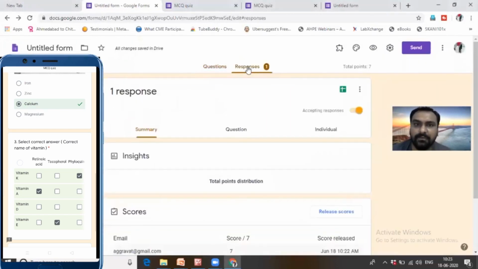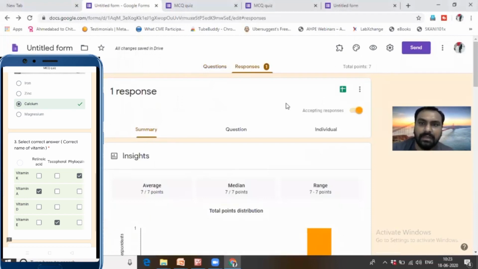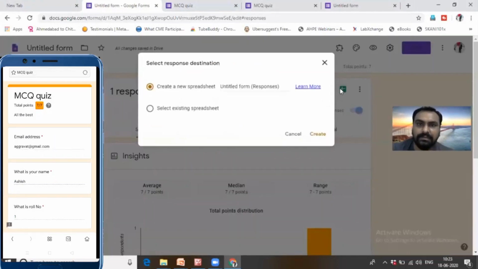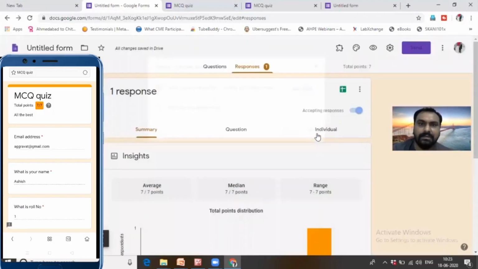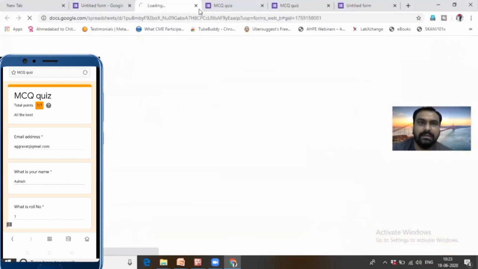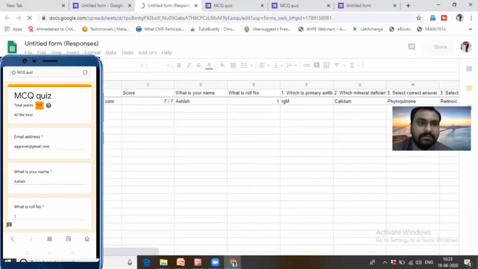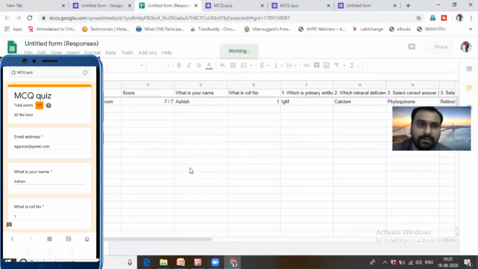One response I have got. And I can select the spreadsheet, so just create the spreadsheet. Select on this, and I will get the Excel sheet data for this response. So I get the email address, I get the score, and what each individual student has written, I can see.